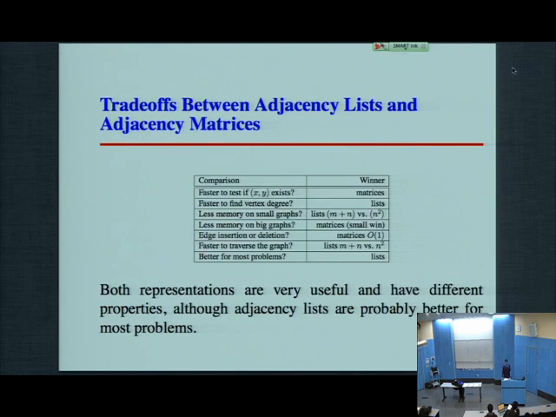Any questions? For the second one, what is the idea? Each node here